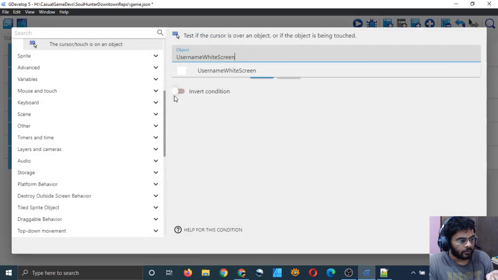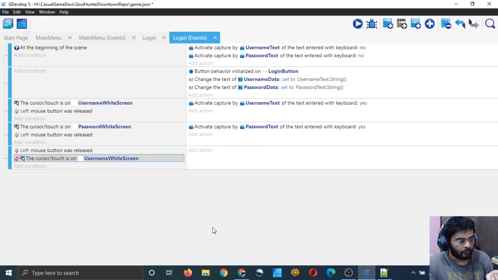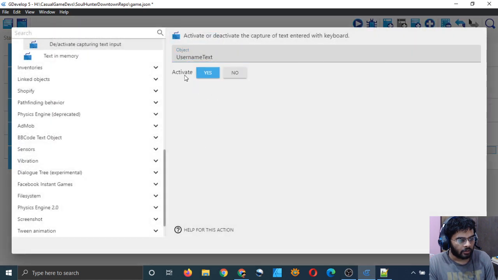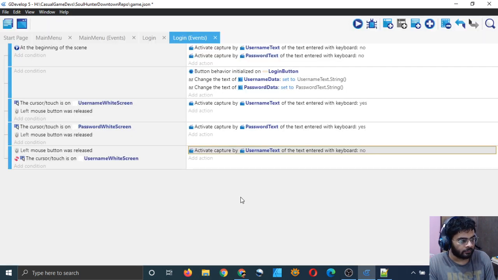I will have to invert the condition. When this happens, this will be deactivated. This should be 100% deactivated. I will copy this and paste it, and I will double click on it, and on activate I will choose no, don't activate it, deactivate it.